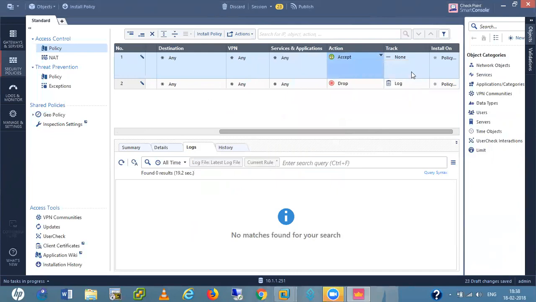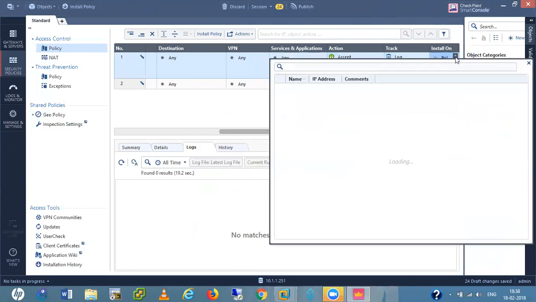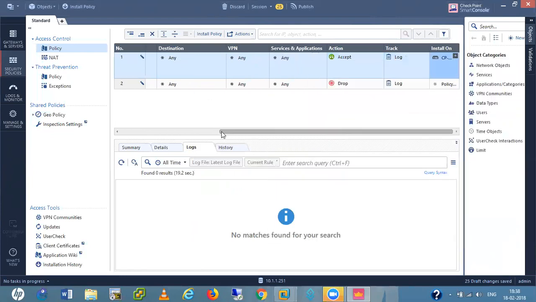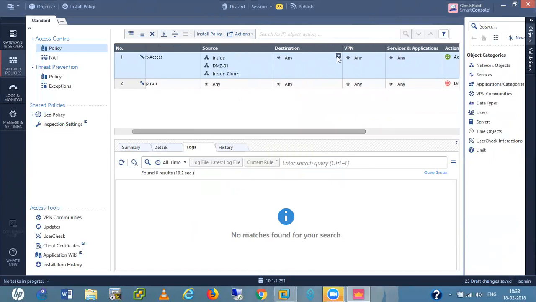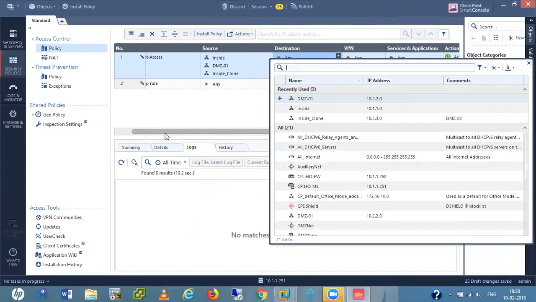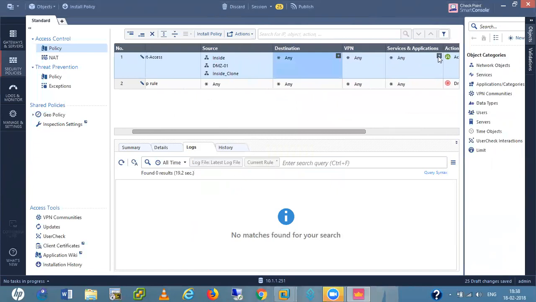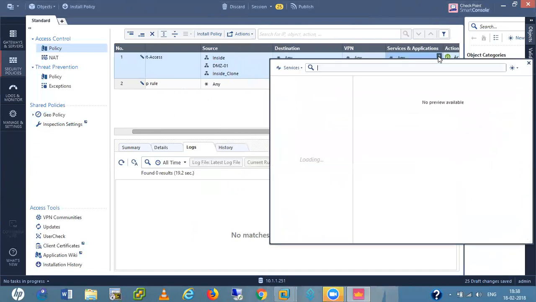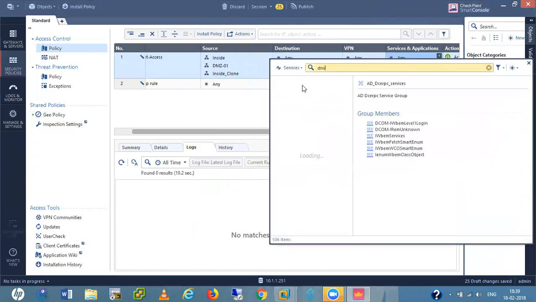Accept. Logging is enabled. I'll choose my gateway. And in destination, any destination. In services, I allow DNS service first. DNS.